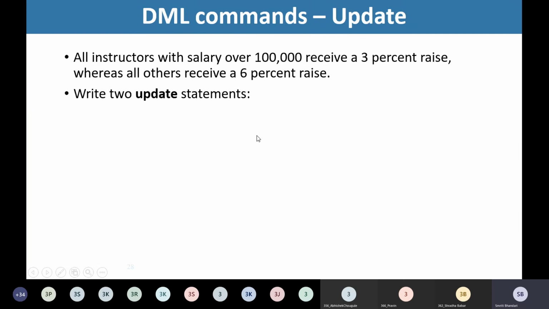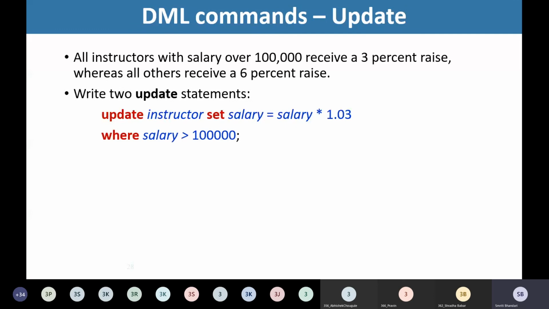So how are we going to write the statement? Here, please note, we are going to write two update statements. One for the 3% raise and another for the 6% raise. The first statement would be update instructor, set salary equal to salary into 1.03, where salary is greater than 1 lakh.